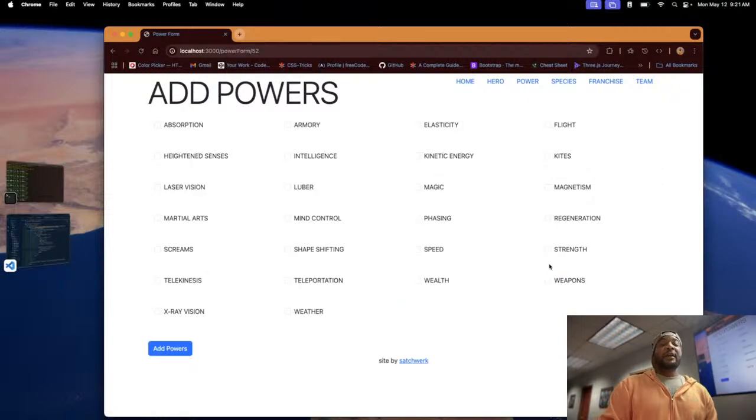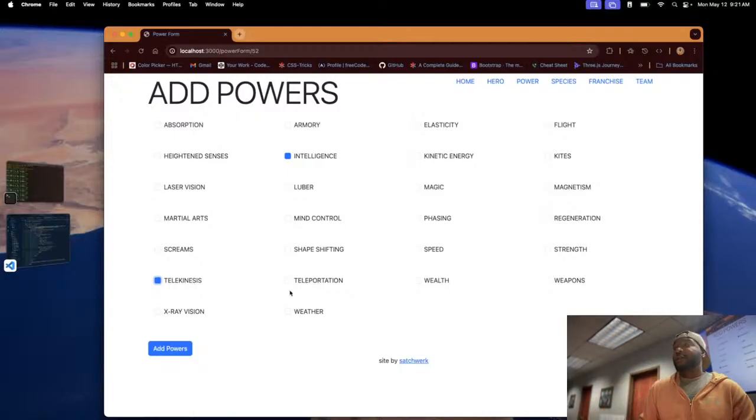We click on the link, and there are our powers listed out as a checklist. So I should be able to click on different powers that this hero has, and then I click on add powers, and it will get stored into our database